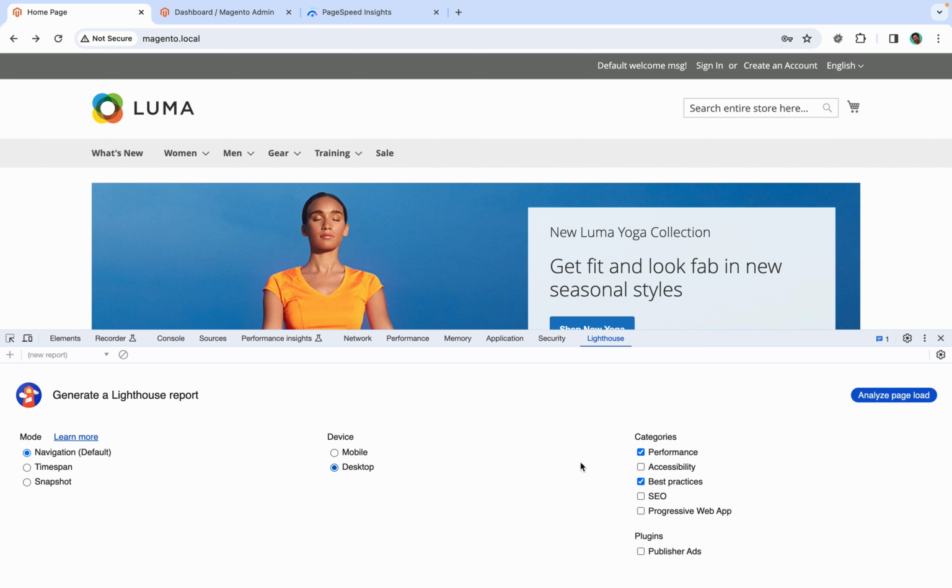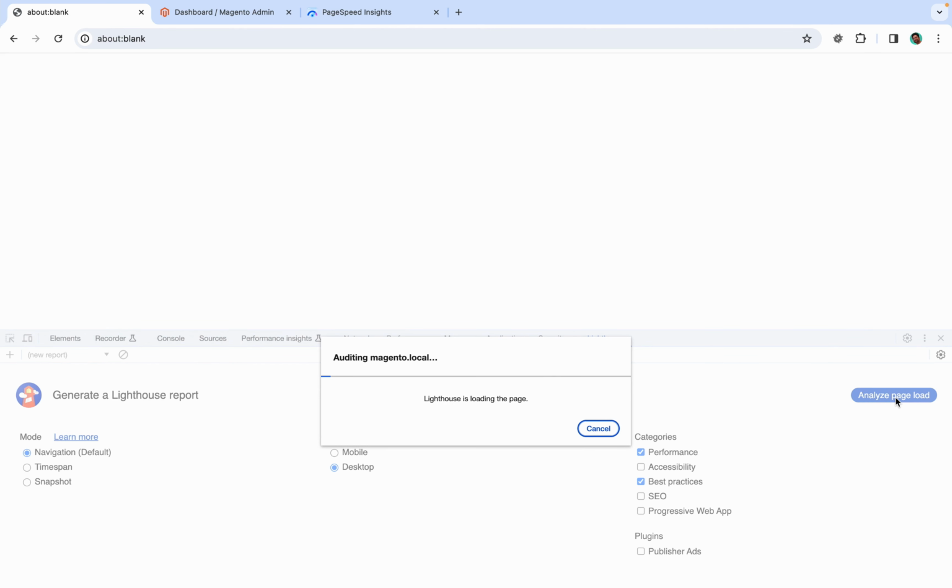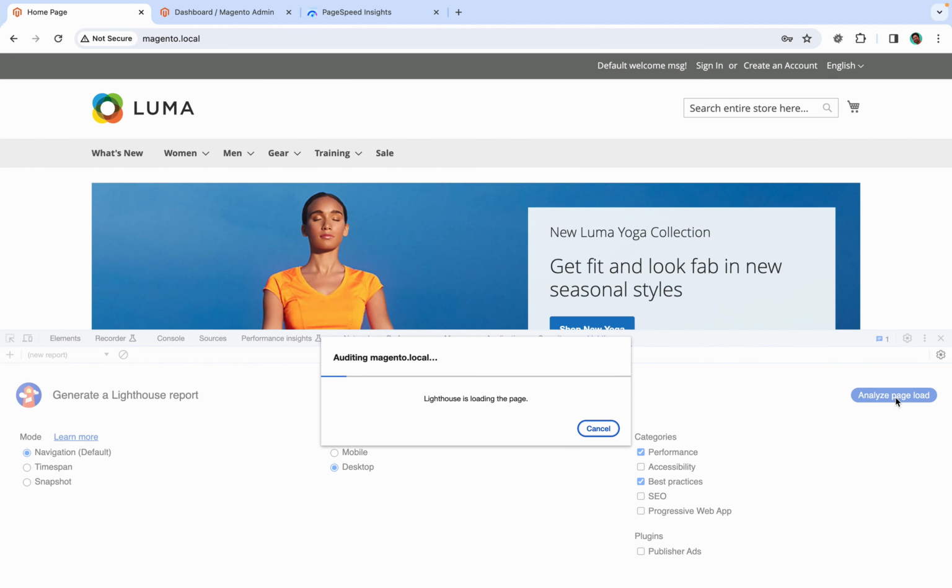I want to check, of course, the performance of the website, and another option I will select is best practices, which will help us identify whether our website follows modern web development practices or not. Once you click on the analyze page load button, it will take some time to analyze your page and give you insightful results. So let's wait for it to complete.